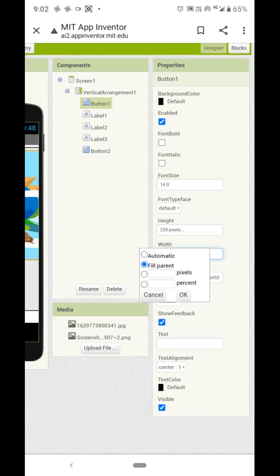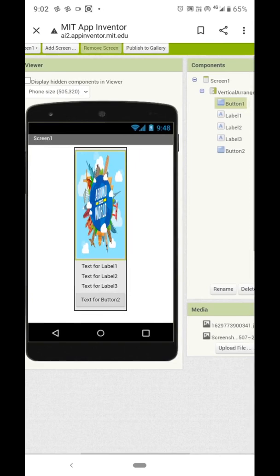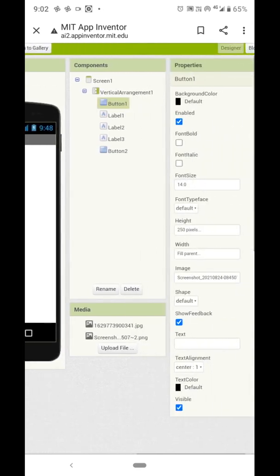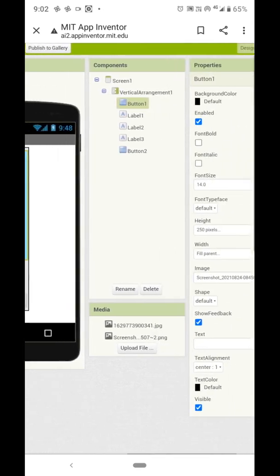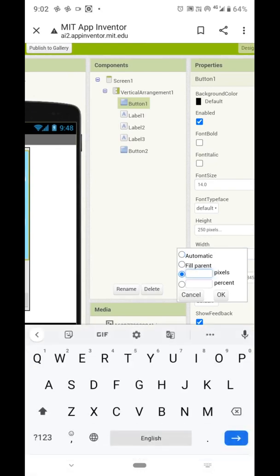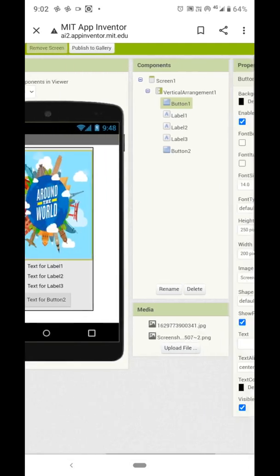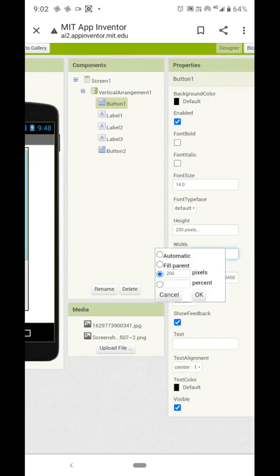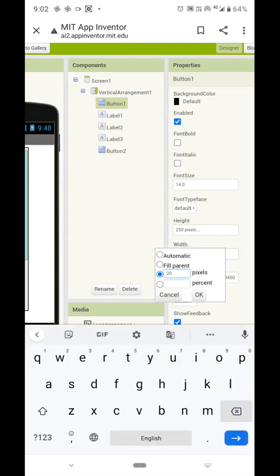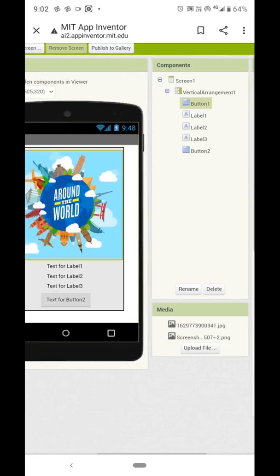Width I will keep fill parent. We will adjust it so it looks better.